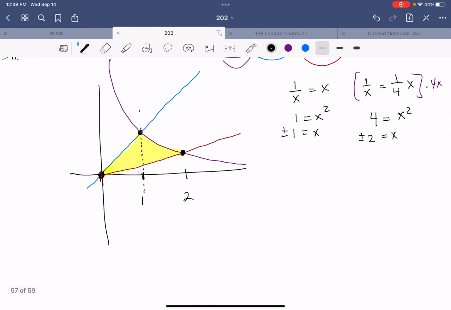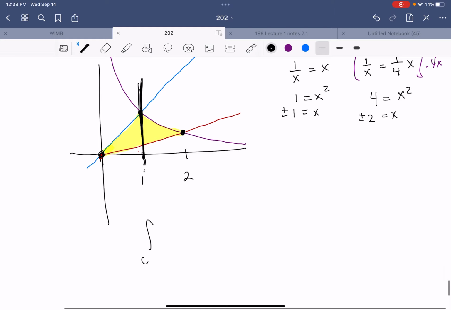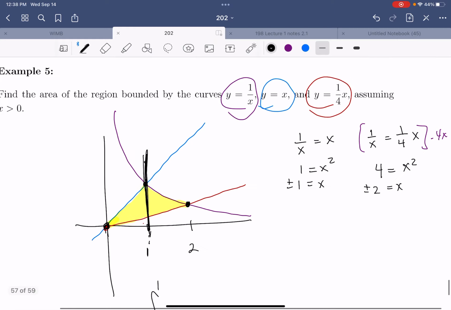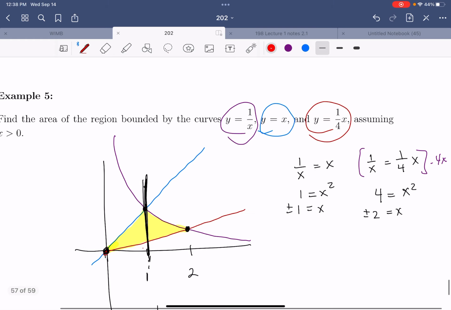So now I'm going to think about cutting this into 2 pieces, because again, on the left of my black line, the top function is blue, and on the right of my black line, the top function is purple. So I'm going to set up 2 separate integrals. I'm going to set up the integral from 0 to 1, and the integral from 0 to 1 has the blue function up top, which is x, so that comes first, minus the bottom function is the red one. And the red one is the 1/4 x